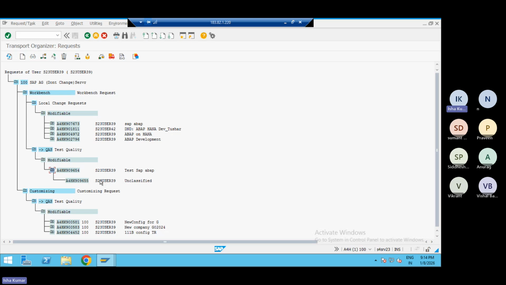In some clients they will have DUV, DSV. It depends. But the development server will always start with a D, and